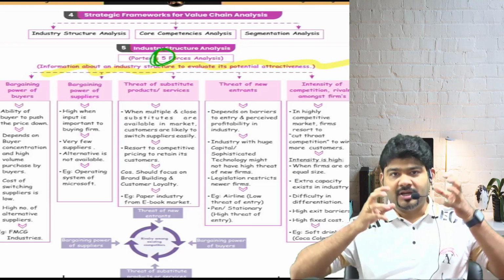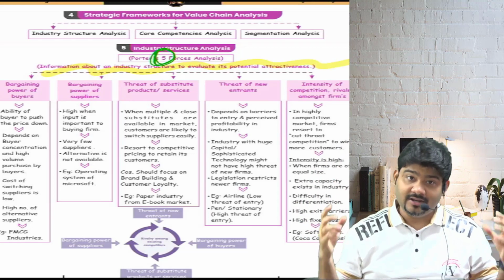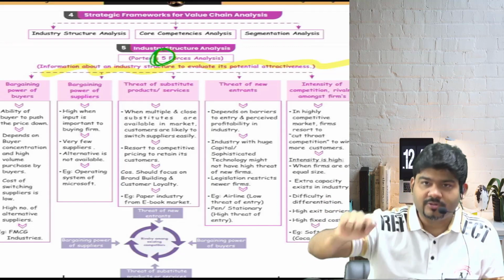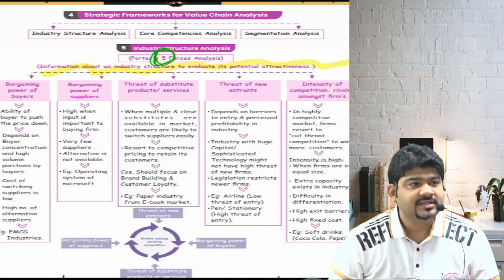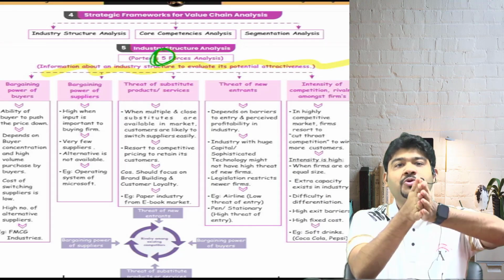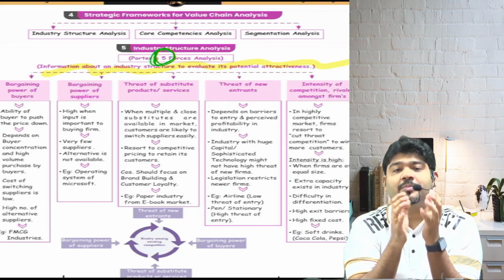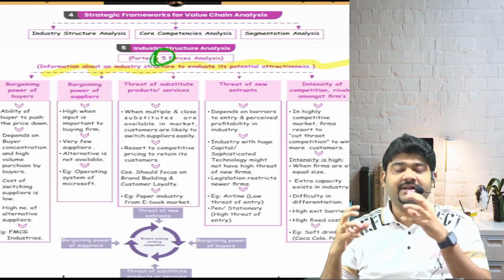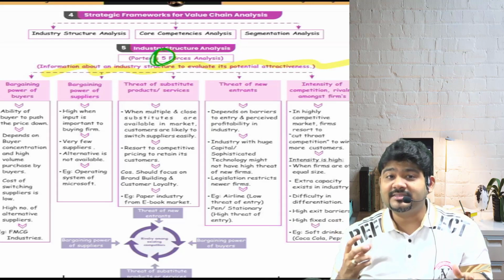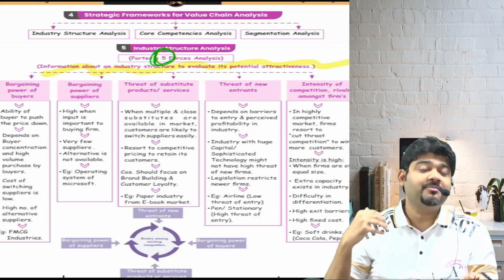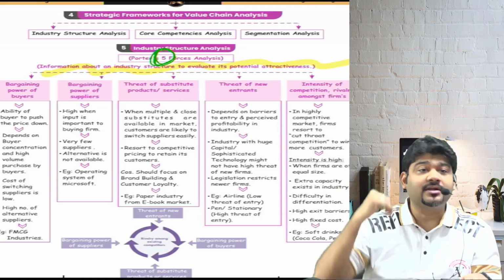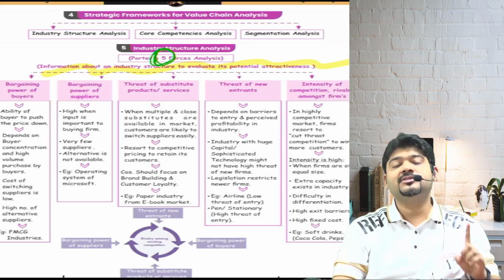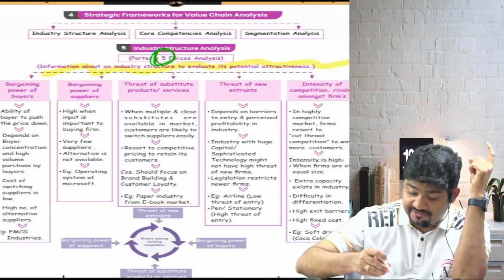The reason is that there are so many sellers available in a perfectly competitive market. I will tell the seller, boss, I want it at this price, and if you don't give it to me, I will go to some other supplier. So we have to check whether the new industry we are entering is a monopoly industry or a perfectly competitive industry. If it is perfectly competitive, I will have to bow down to the bargaining power of buyer, which may restrict my profitability. You agree or not? That is your first force, the bargaining power of buyers.